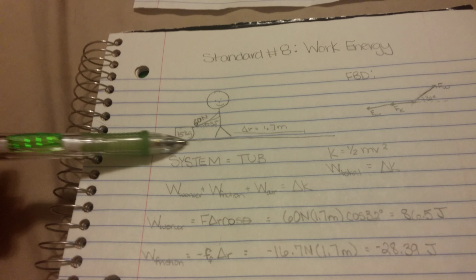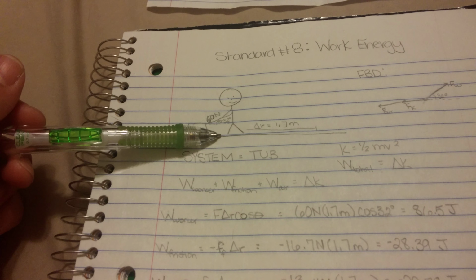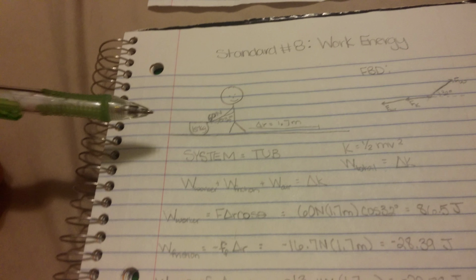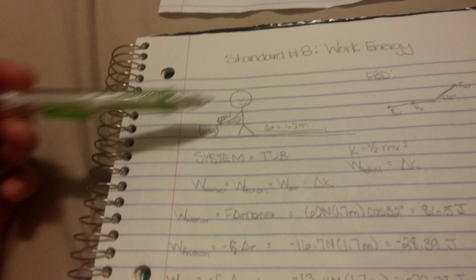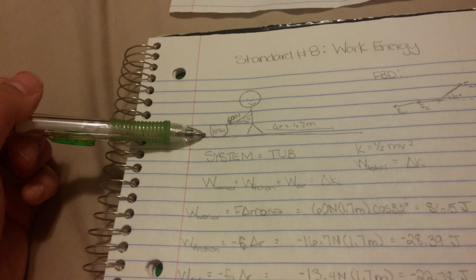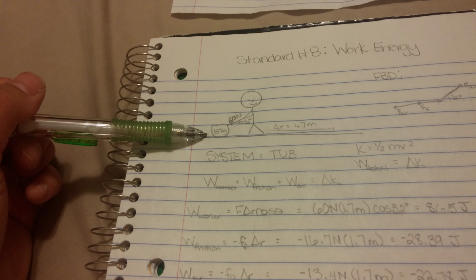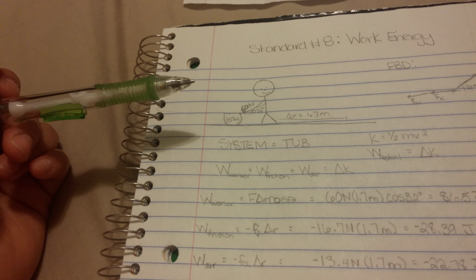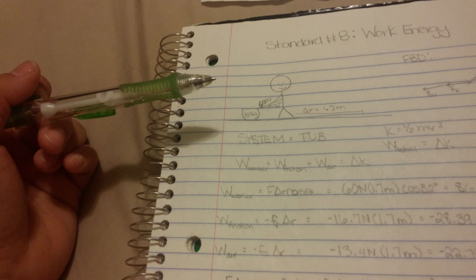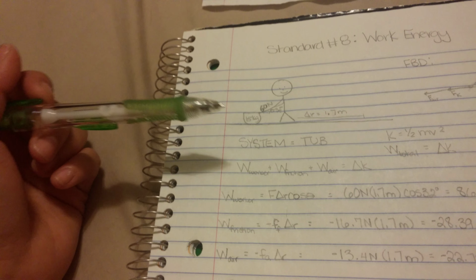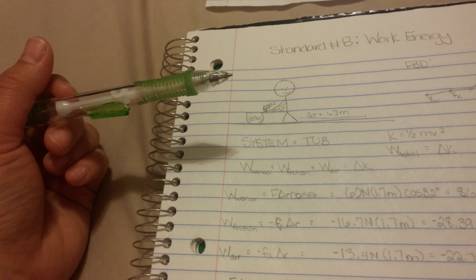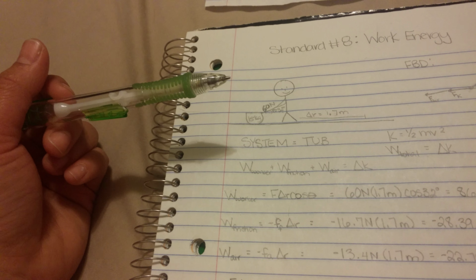The ground is rough, so there's a frictional force of 16.7 newtons, but there is also hard wind pushing back on the tub and the construction worker, at 13.4 newtons. The worker started pulling the tub with a speed of 0.5 meters per second, pulling it horizontally. They're asking how fast the worker is pulling the tub after it was pulled 1.7